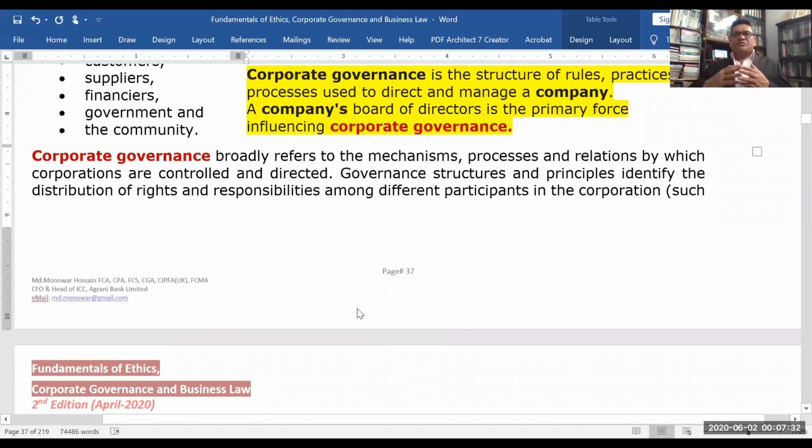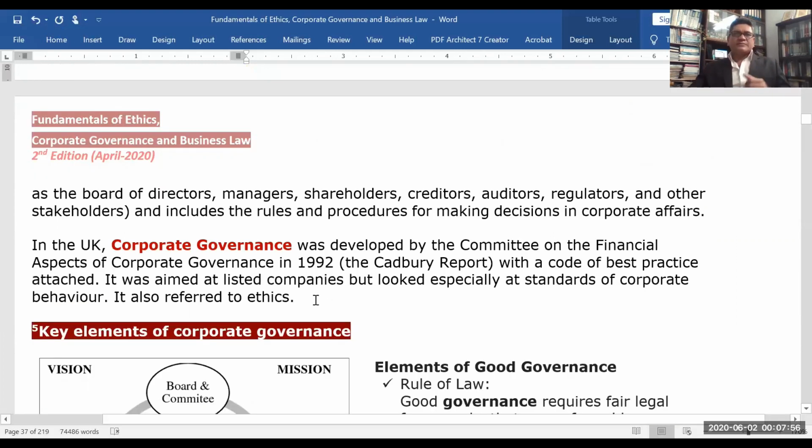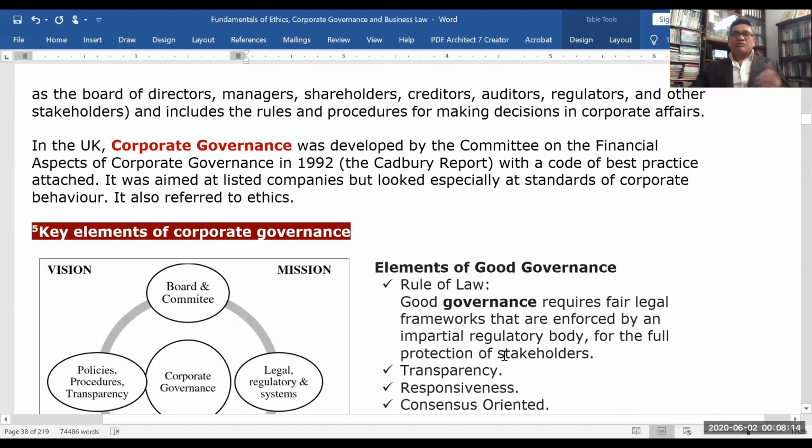Corporate governance broadly refers to the mechanisms, processes, and relations by which corporations are controlled and directed. Governance structure and principles identify the distribution of rights and responsibilities among different parties in the corporation, such as the board of directors, managers, shareholders, creditors, debtors, regulators, and other stakeholders, and include the rules and procedures for making decisions in corporate affairs. In the UK,